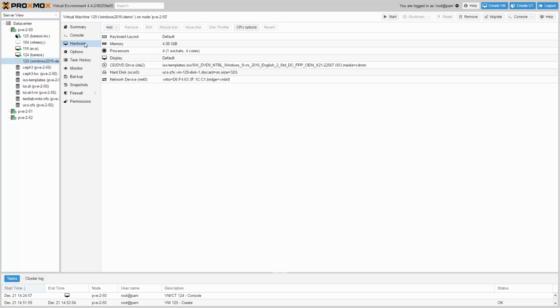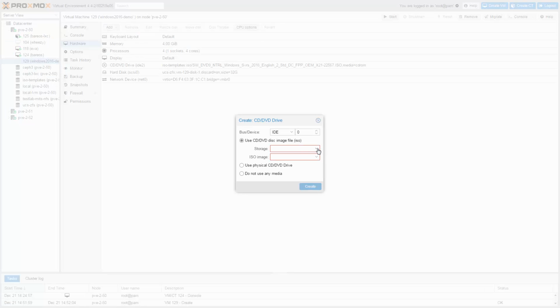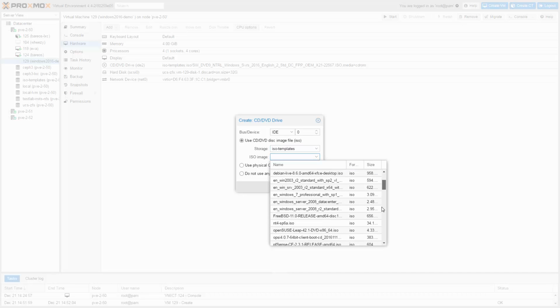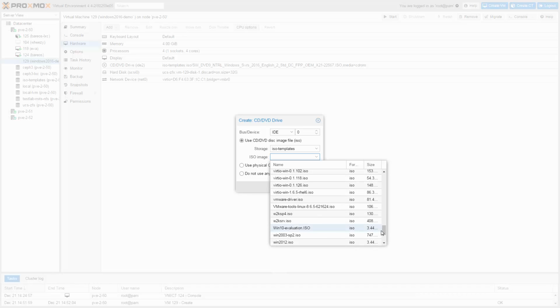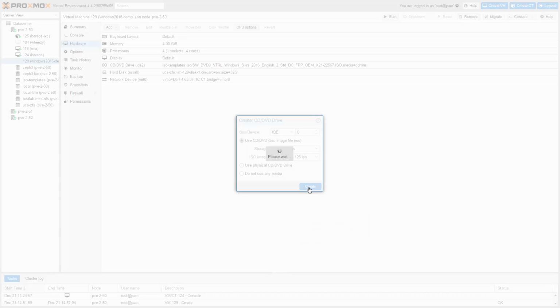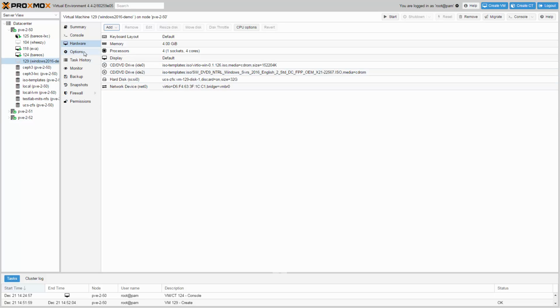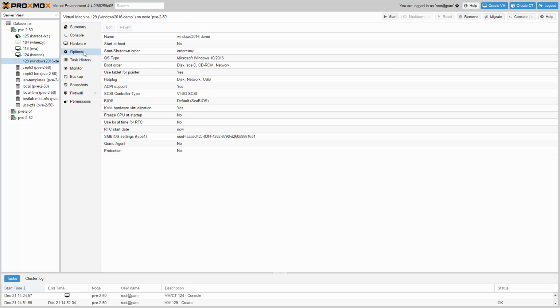Go to the Hardware tab and add the VirtIO driver ISO. Click on the Options tab and enable the QEMU agent.